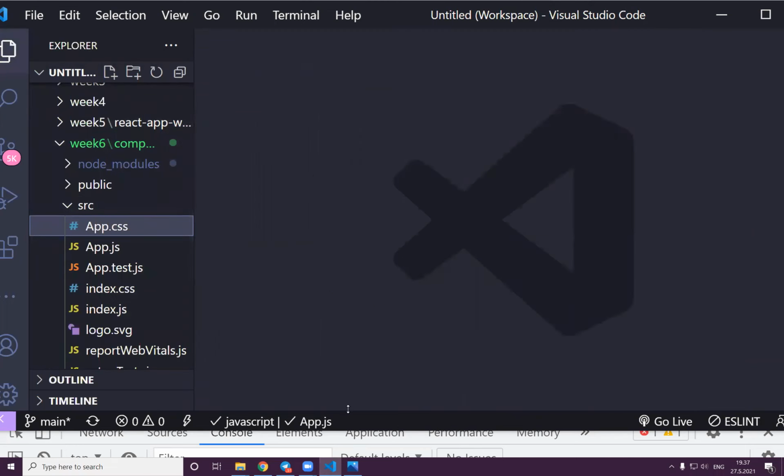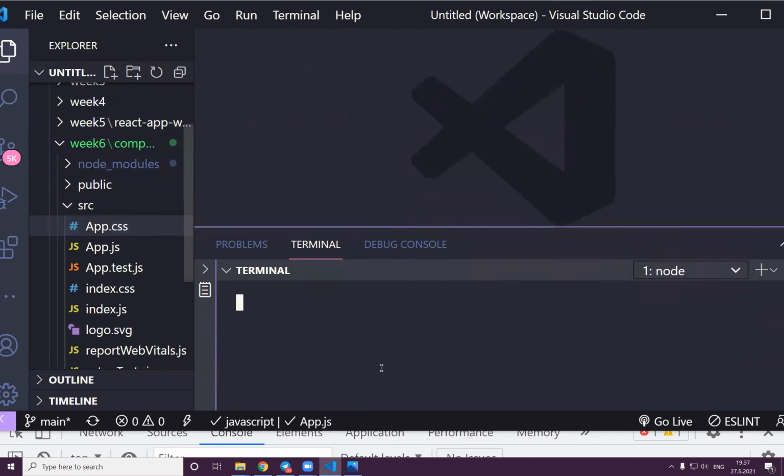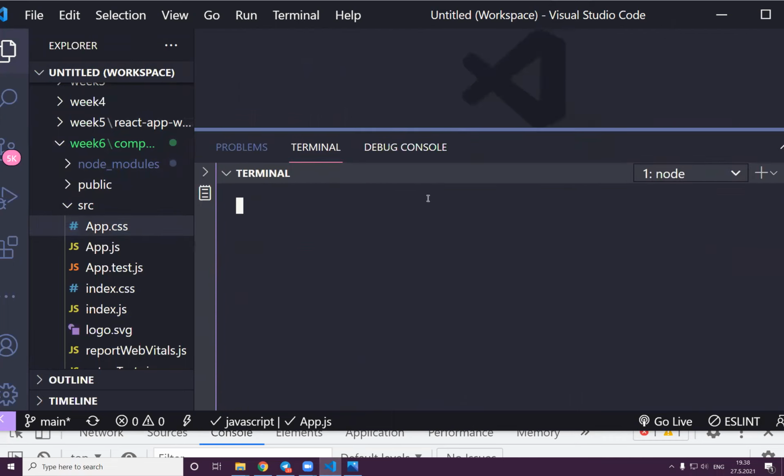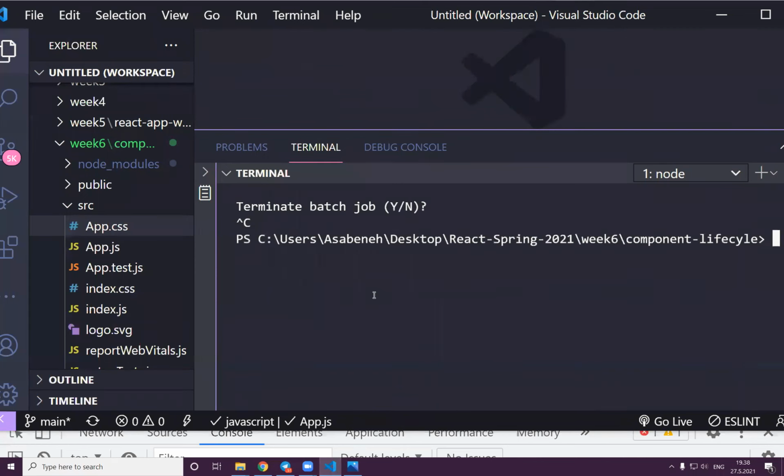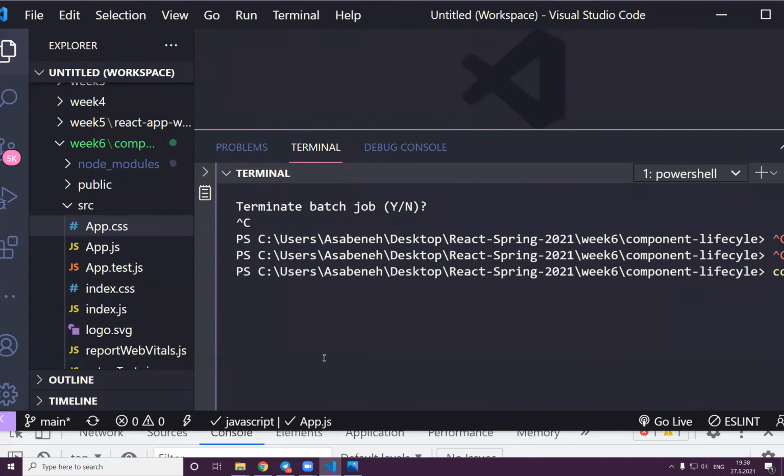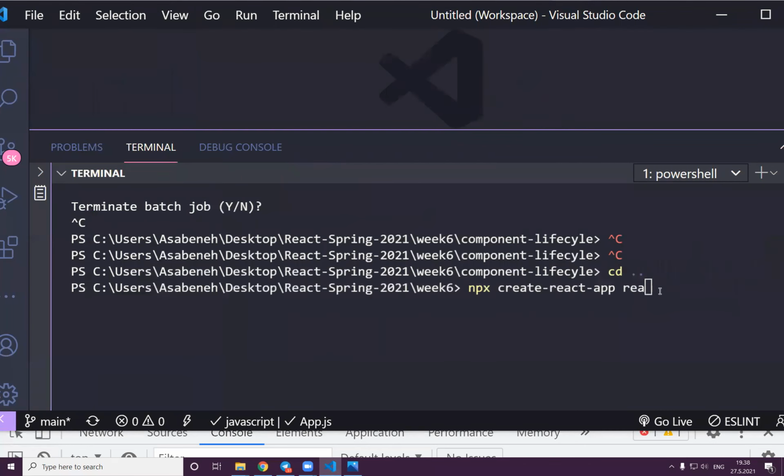I think I have to kill this with Control C, and then here npx create-react-app, and then I have to say react-router. But this is already, so